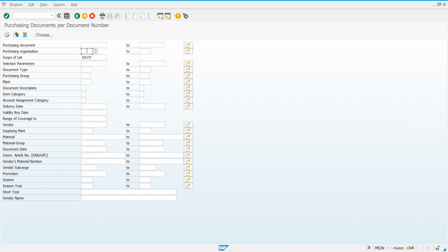Here I'll enter purchasing organization, PTPO. Nothing else, just purchasing organization. And this, of course, selection parameters, list, scope of list. So if I execute this,